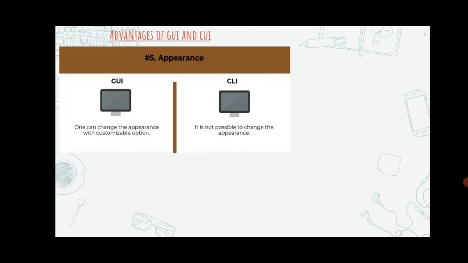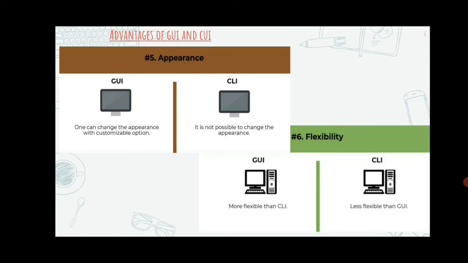And the next one is, based on the appearance. In GUI, one can change the appearance with customizable options. In CLI, it is not possible to change the appearance. Based on the flexibility, GUI is more flexible than CLI.